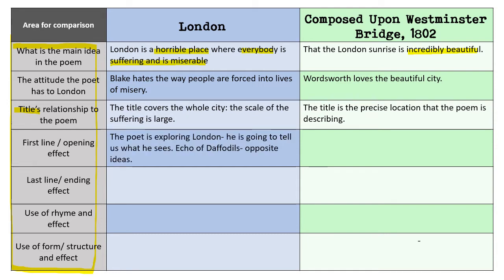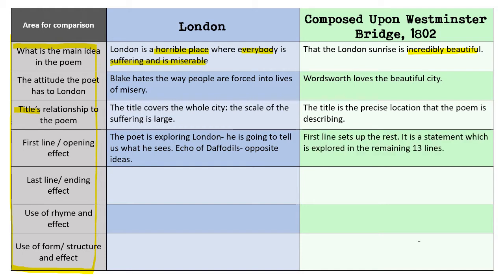The first line of London expresses the idea that this poet is going on a tour exploring London, and he's going to report back what he sees. There is a little echo of Daffodils by Wordsworth, I wandered lonely as a cloud. That's the opening line, probably the most famous one in English poetry. There's a little echo of that in Blake's opening lines, a little dig or contrast, a sarcastic, ironic use of language to make the point that London is really disgusting and horrible compared to the beautiful natural scene that famous poem is about.